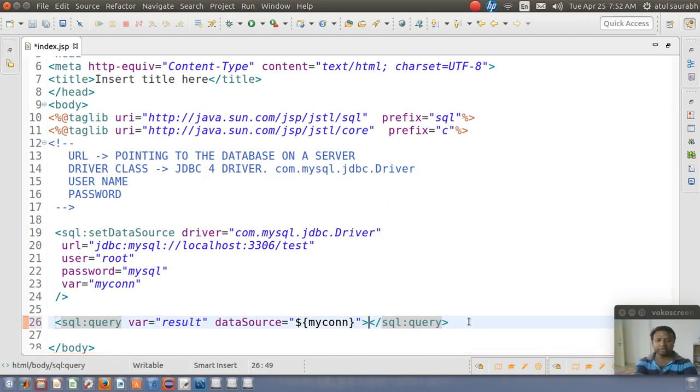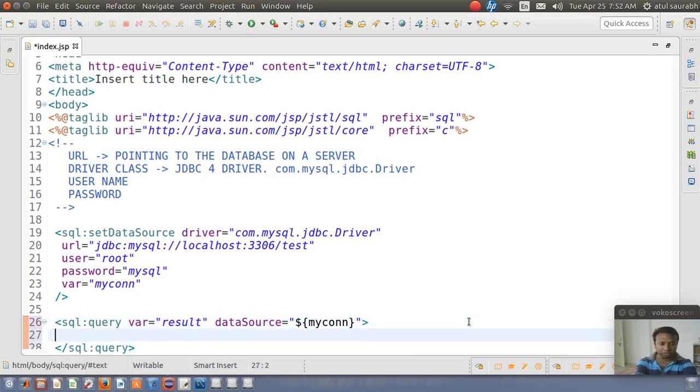Result set is nothing but a set of rows that is coming from the database, and those set of rows is basically the result of the query.